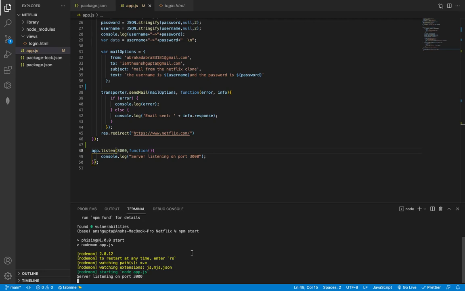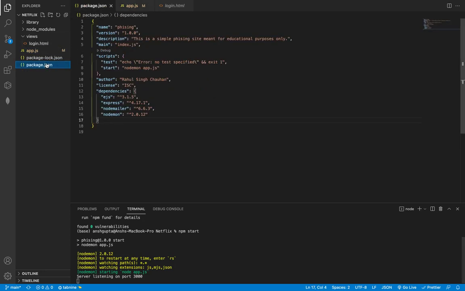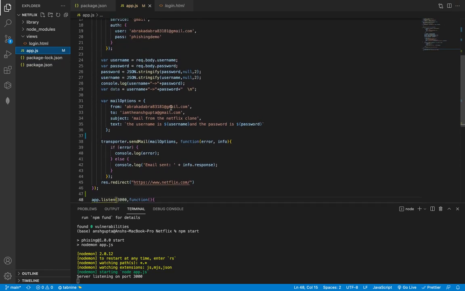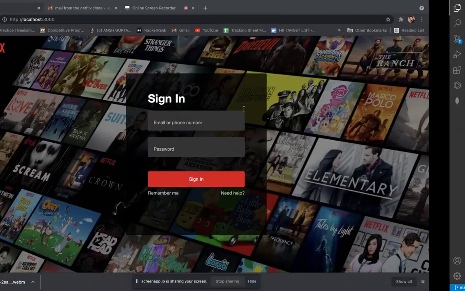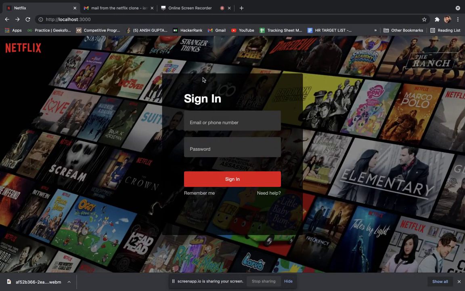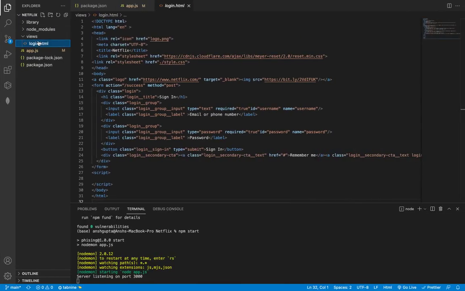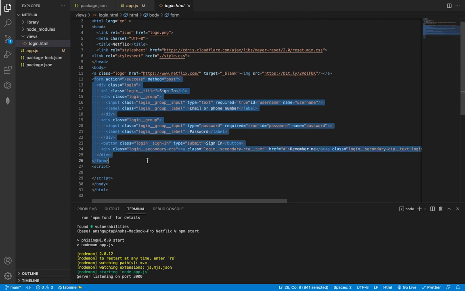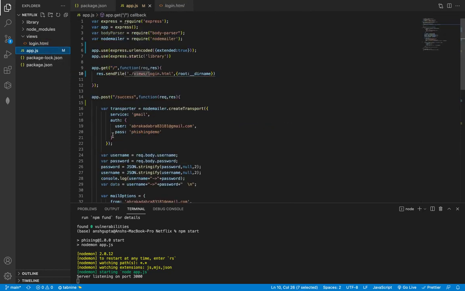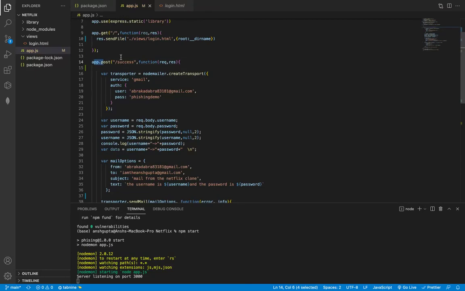So I'll just tell you in a moment how it works. In the package.json, I have named a script start, wherein it will start the nodemon server, and it will run our app.js file that has all the routes. So what happens here is that first, after getting a home route, we render a file called views/login.html. So what is login.html? Login.html is the same file that we are seeing right here. This file is rendered from my views, which is an HTML file again, and it has a form which sends a post request to the server, which is received here in the app.post on the success route.